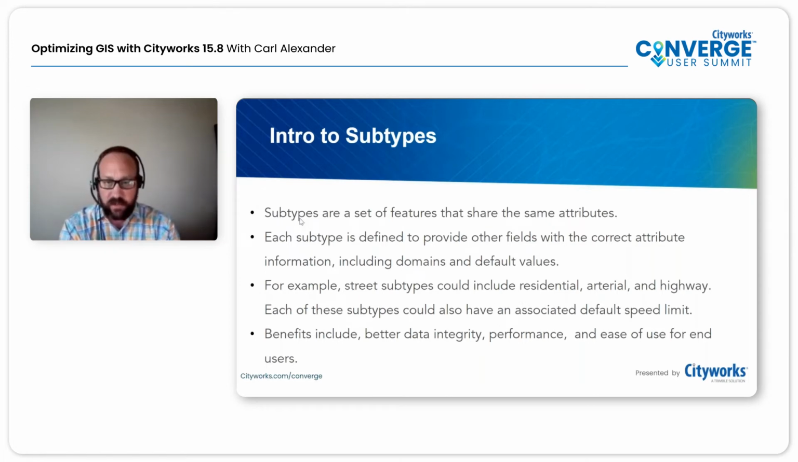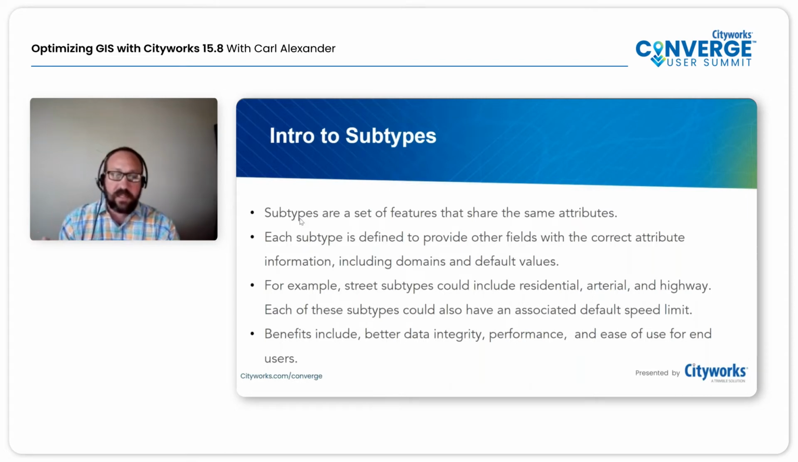For people that don't know what subtypes are, they're just a set of features that share the same attribute, and they have been around for a long time, but they have made a really big comeback with the utility network as far as asset groups and asset types. An example of a street subtype could be a street subtype with one feature where you may have residential, arterial, and highways. A UN example would be a water line feature that may have your service lines, your main lines, as far as the subtypes, and they could even go further with your water main lines having